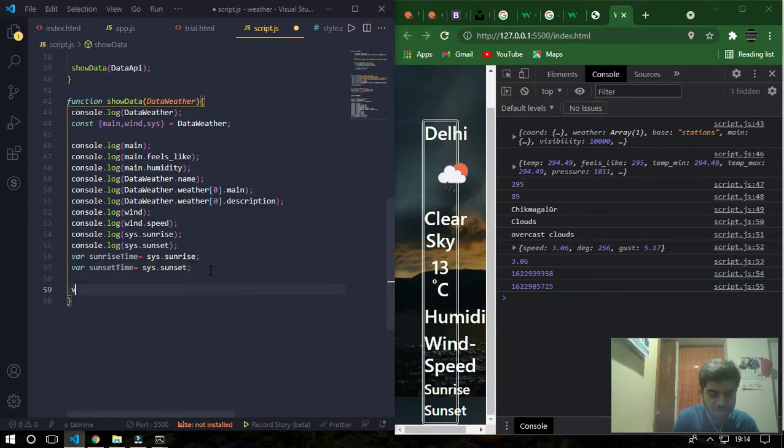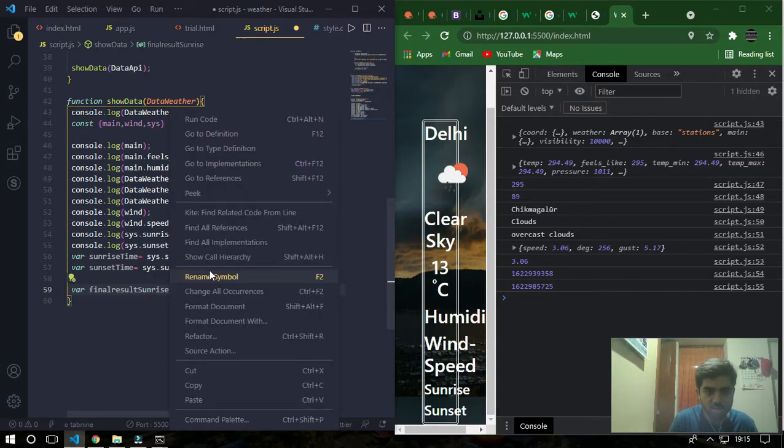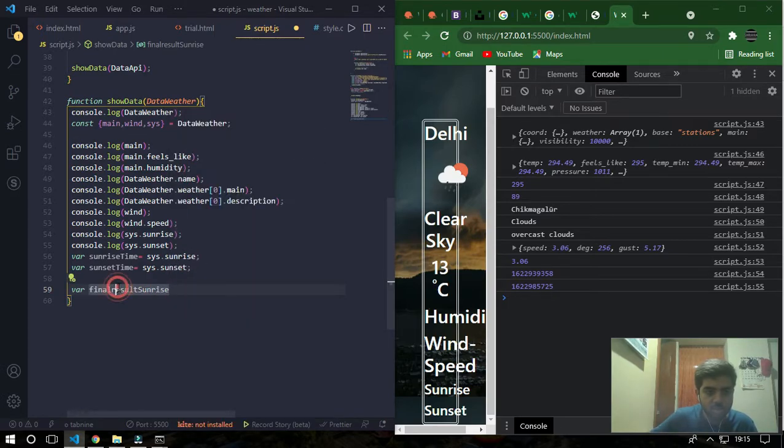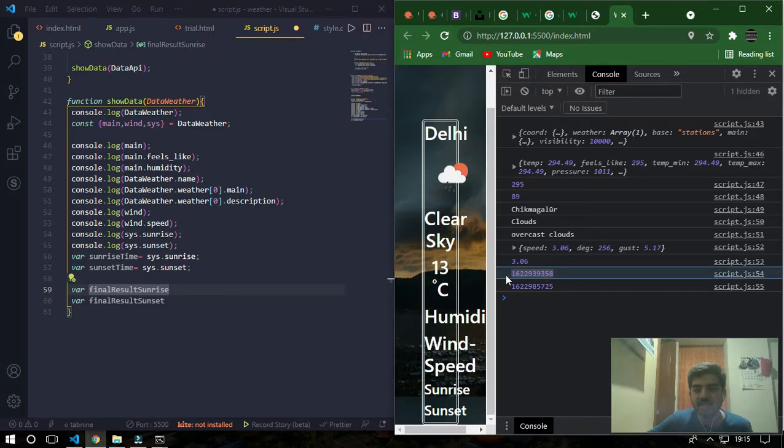We need a final result, a variable that contains the IST transformation of the UTC time.